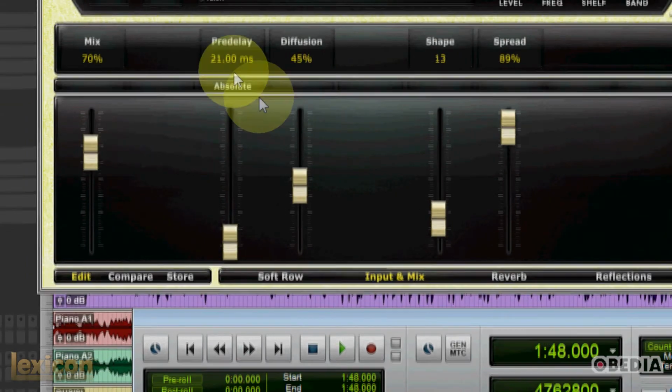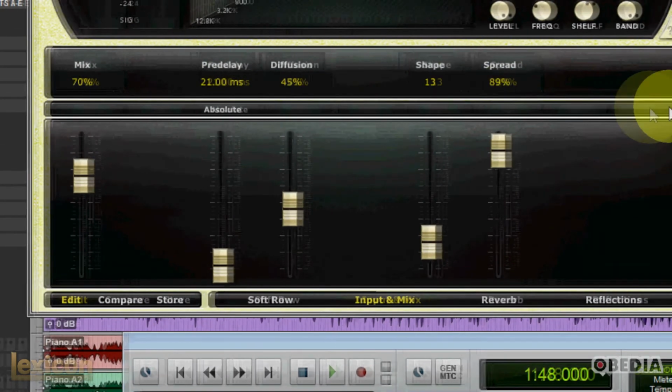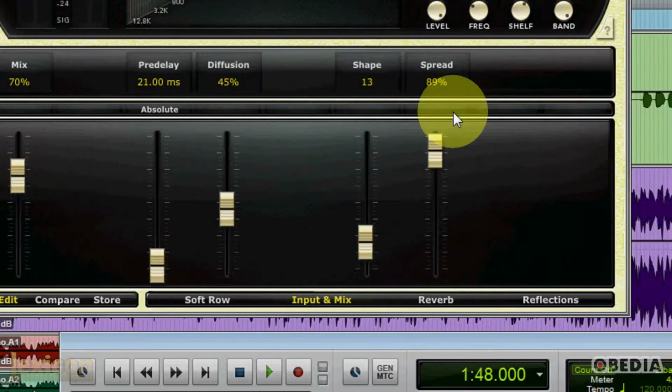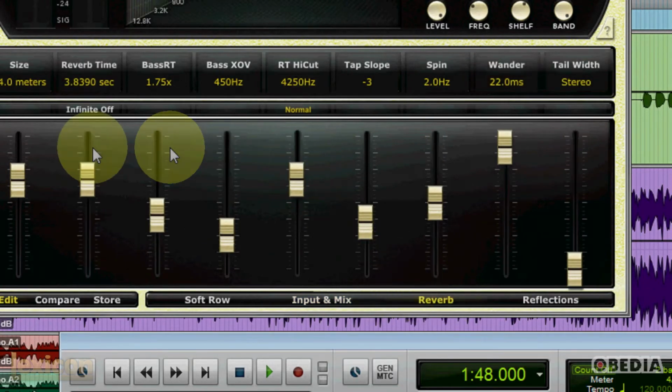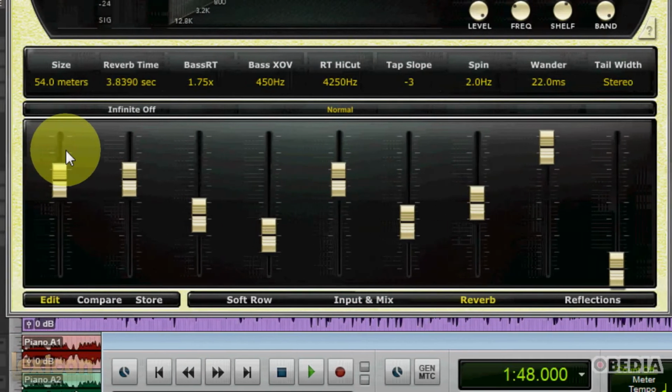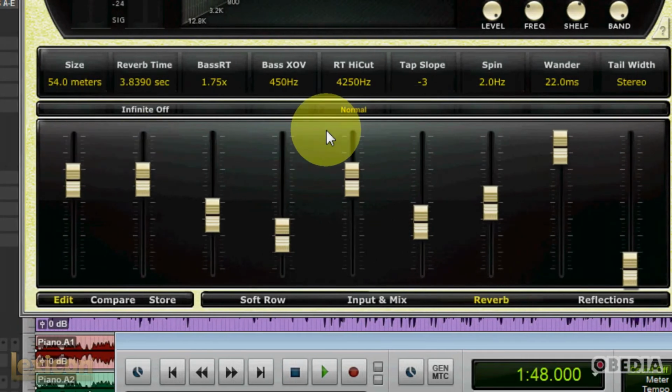So here I have my mix fader. I also have pre-delay, diffusion, shape, and spread. All of these are different settings which I can, of course, link to my soft row or make edits to inside of the input and mix tab. If I click on the Reverb tab, I can start to edit the reverb settings for this plugin and dive